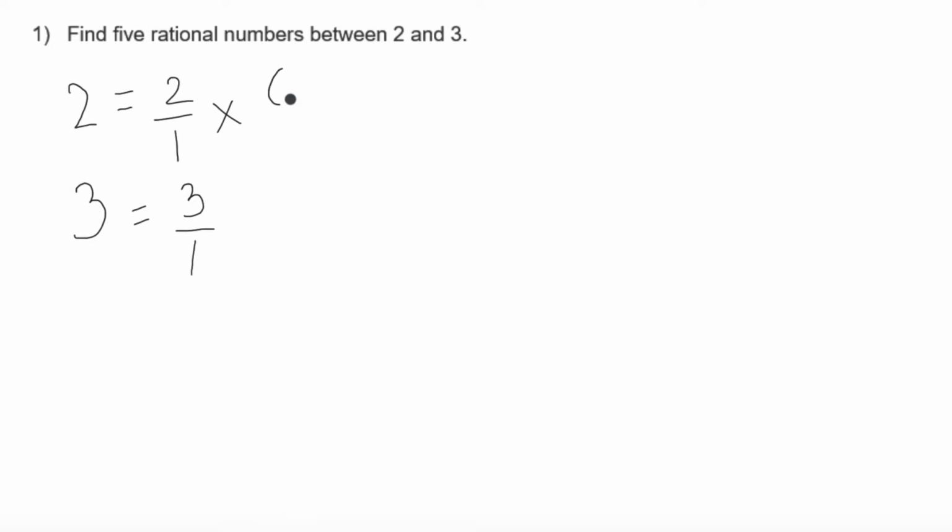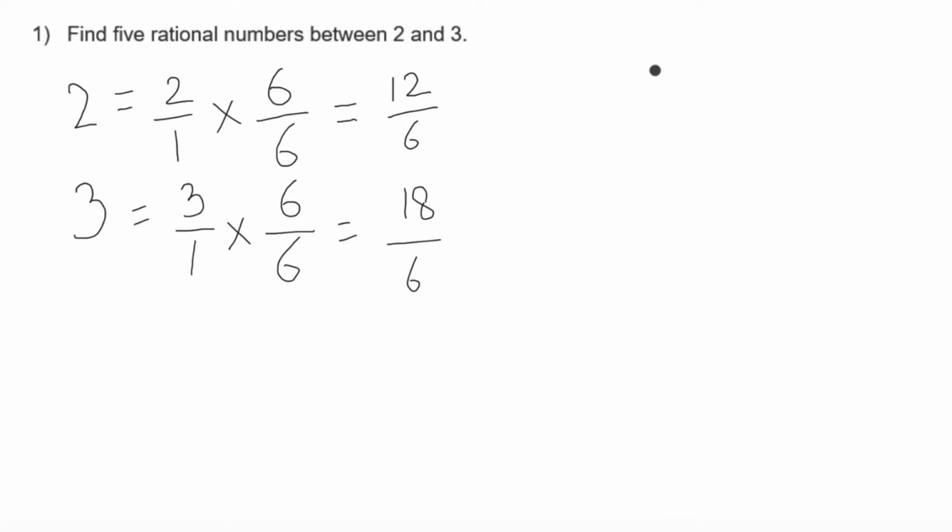with 5 plus 1, 6 by 6, which will give you the value 12 by 6. Similarly, we multiply 3 by 1 with 5 plus 1, 6 by 6, which will give you value 18 by 6. Now we need to find 5 rational numbers, right? So in between 12 by 6 and 18 by 6, you get 5 rational numbers like 13 by 6,